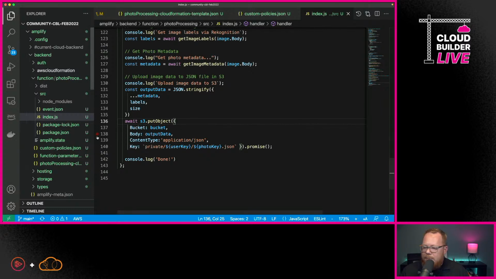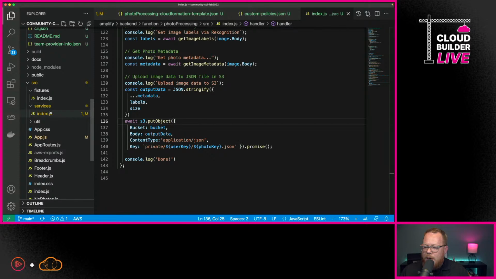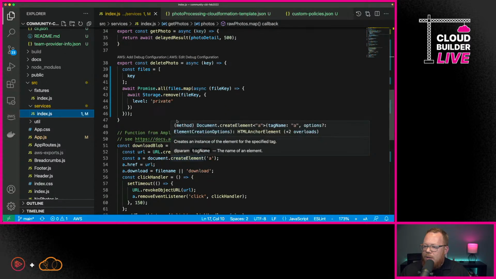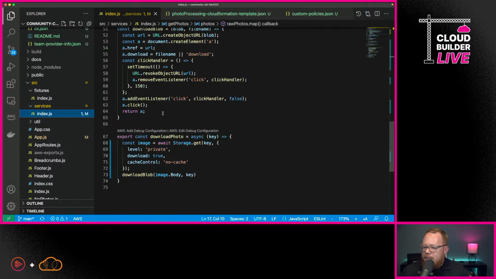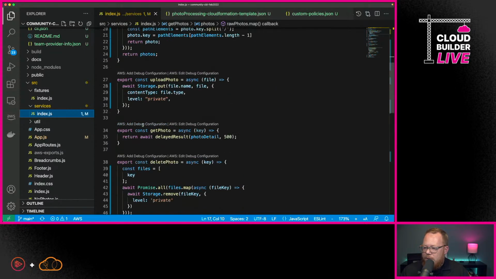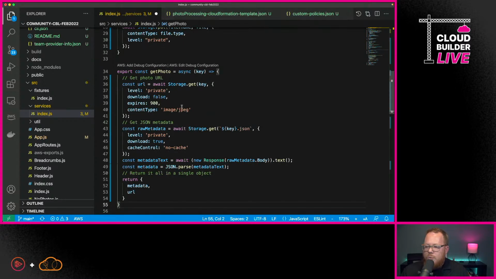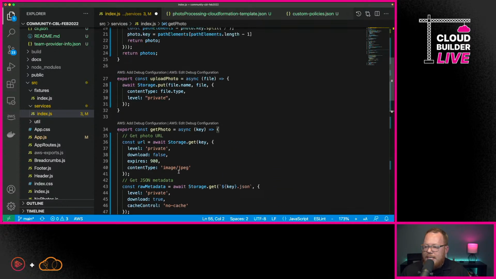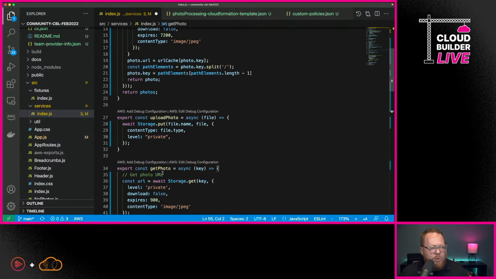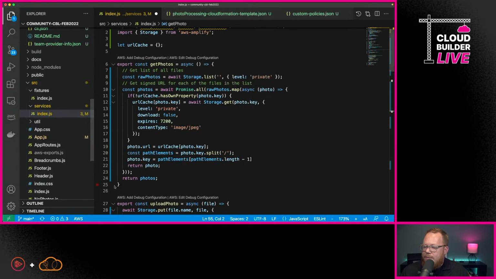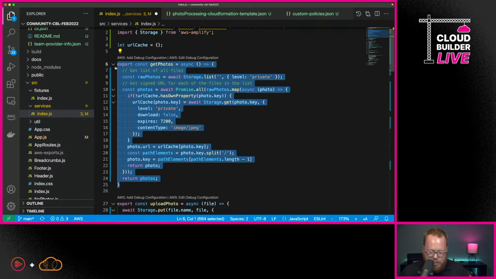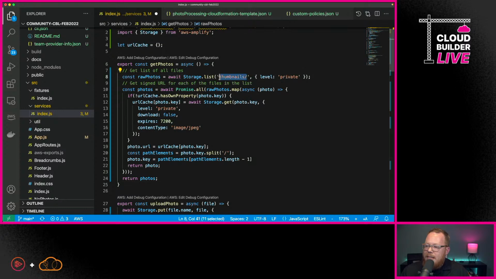So we need to first update our Get Photo service. So I'm going to go down here to Services. And this is the one that we haven't yet implemented. So I'm going to go here to Get Photo. And this one gets that photo URL like we did before and the JSON metadata, and it returns that data. And the next thing that we're going to do is change our Get Photos. And really, we're only changing a single bit here, and that is that we're going to be getting the photos out of our thumbnails directory because now we have these nice thumbnails that we can leverage.